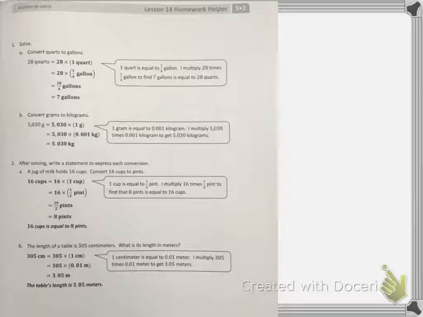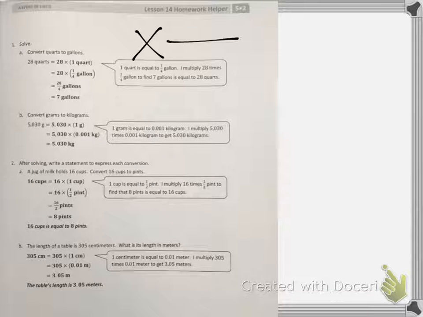Now, we used a lot of fraction multiplication today. I felt that it was easier for them to understand, and because we're going to be going into fractions soon, I felt like it would have been better to just use fractions. All the fraction multiplication is similar to what we did yesterday when we were converting, but remember